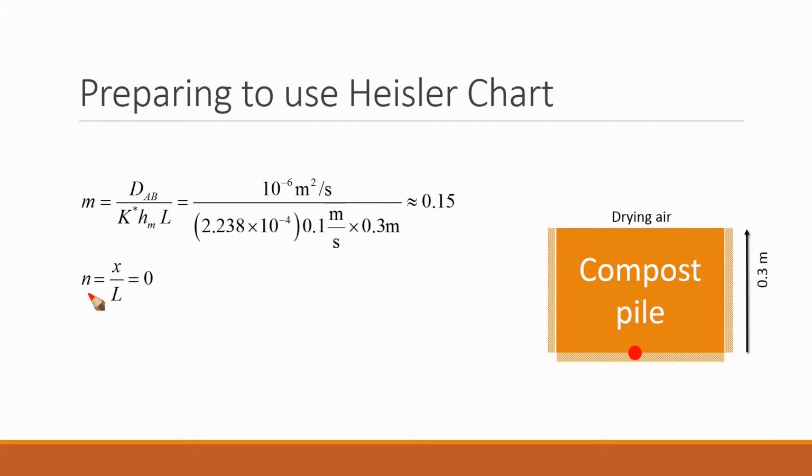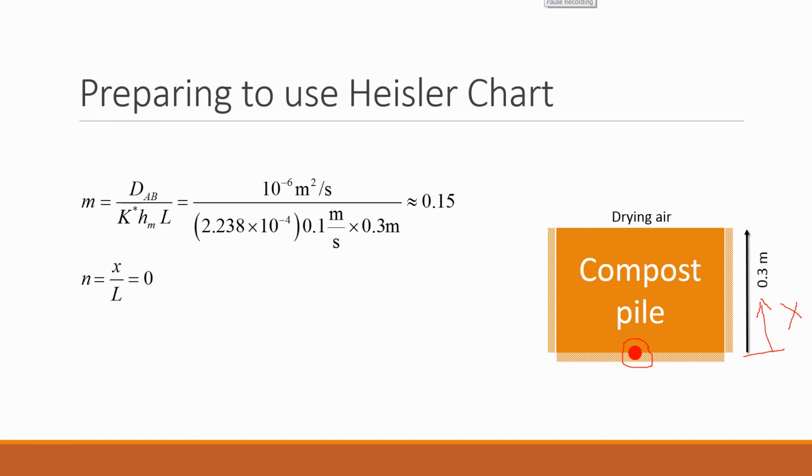Now we get into computing N. N corresponds to the position variable. Which position are we interested in? Now notice it says that the most moist position. If you're drying from this surface, and it's also not losing moisture from any of the other three surfaces, then at any time this will be your most moist position. Since we are calculating x from this location, then x over L is going to be